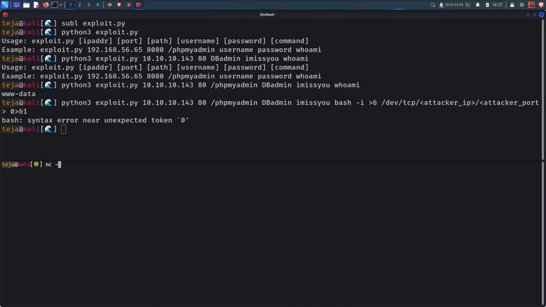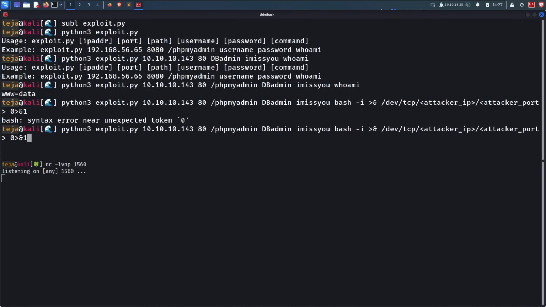So I'll say nc -lvnp 1560; that will be the port that I'll use. And let's run this command again. This time I have to change the attacker IP and attacker port. So my IP is 10.10.14.25 and the port that I'm using is 1560. So let's see if this works. Oh, we got a connection,